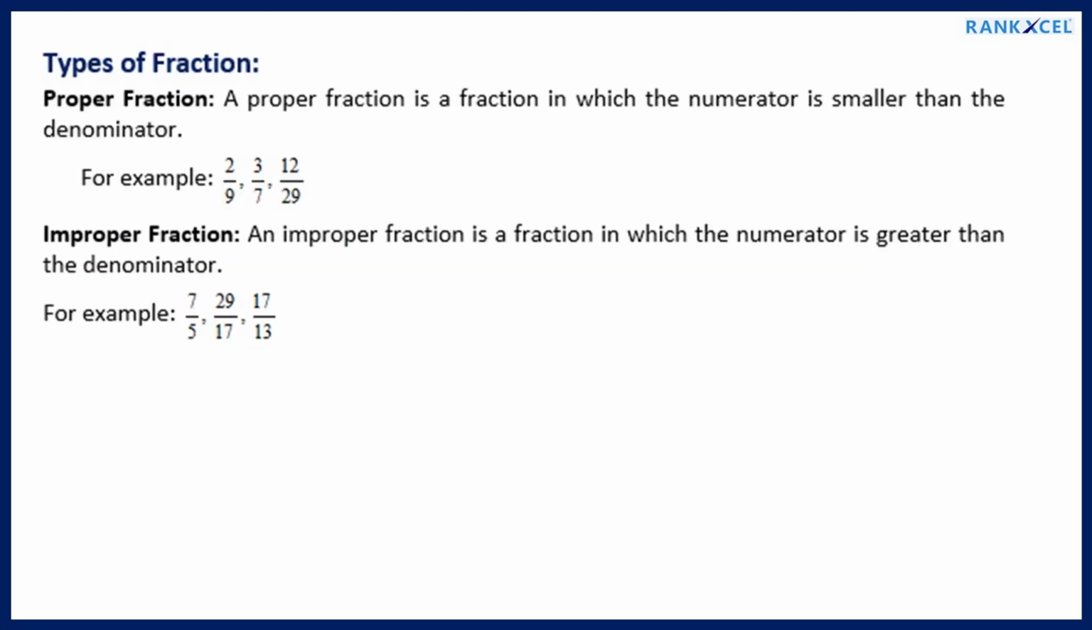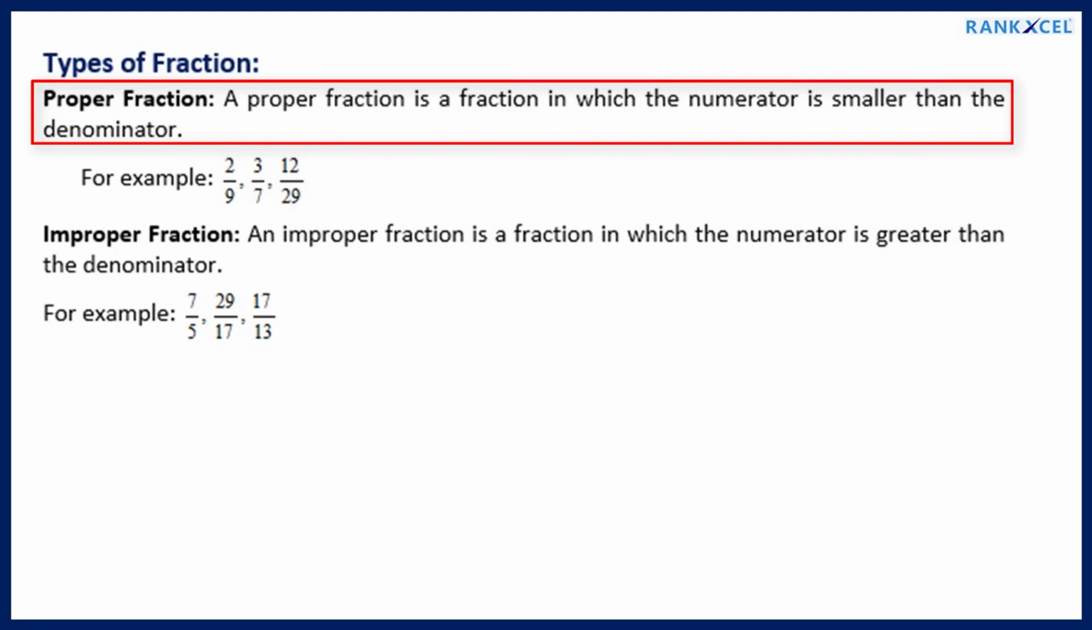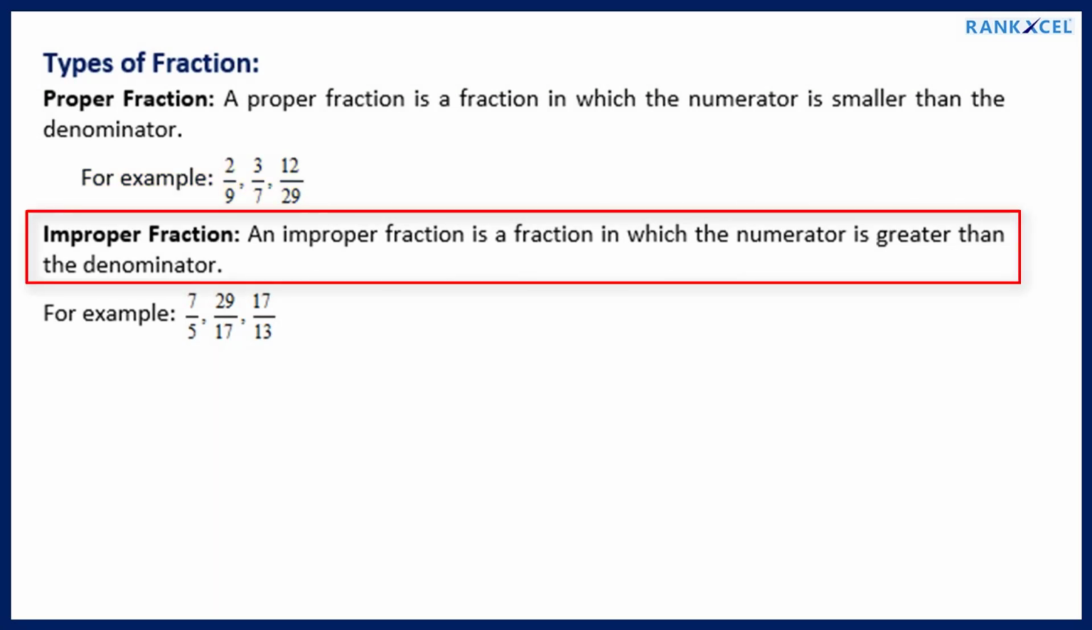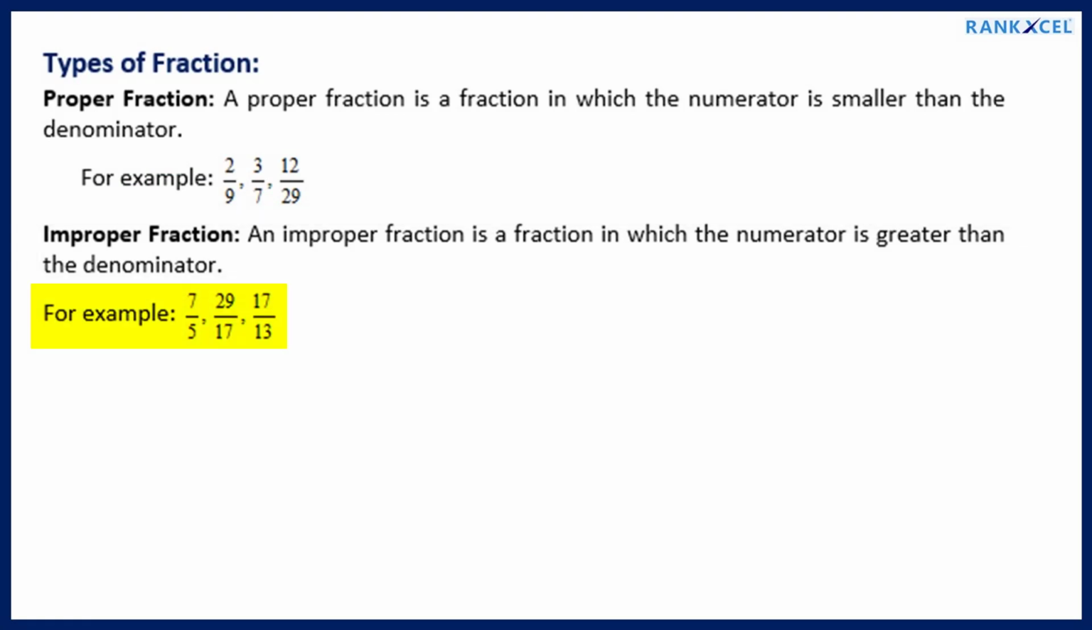Types of fraction. Proper fraction. A proper fraction is a fraction in which the numerator is smaller than the denominator. For example, improper fraction. An improper fraction is a fraction in which the numerator is greater than the denominator. For example,